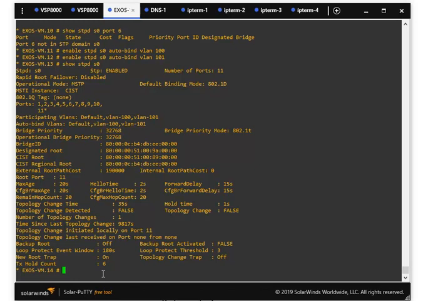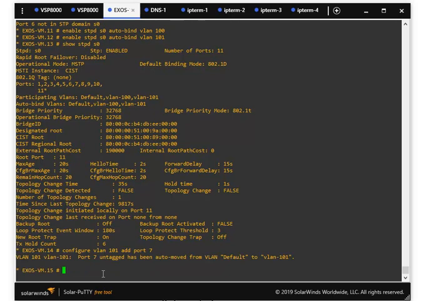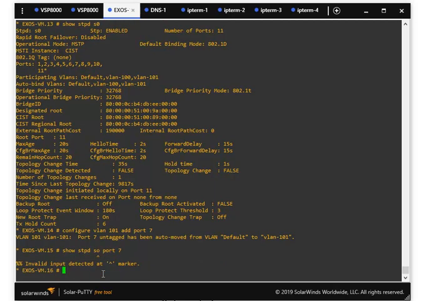spanning tree domain. So when we do add ports to the VLANs, let's say we do the same again but for a different port. So we configure VLAN 101, add port 7. This is moved from the default VLAN to VLAN 101 as before. But when we do show STPD S0 port 7,